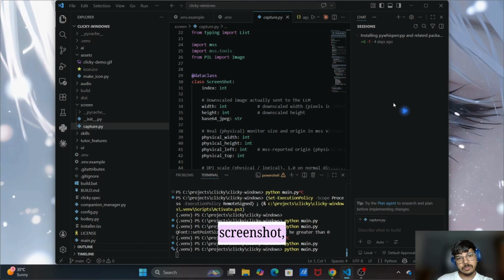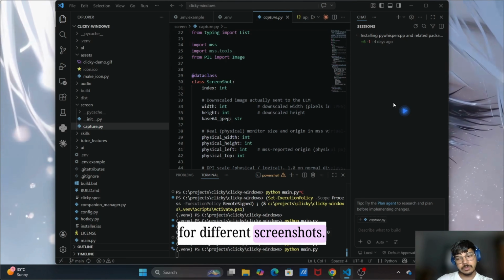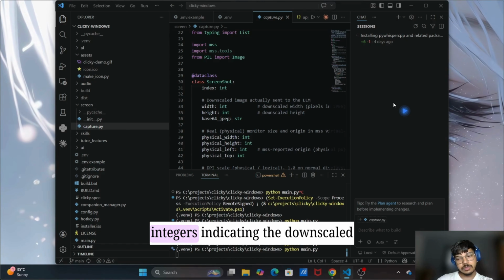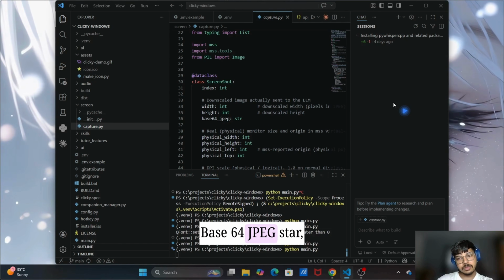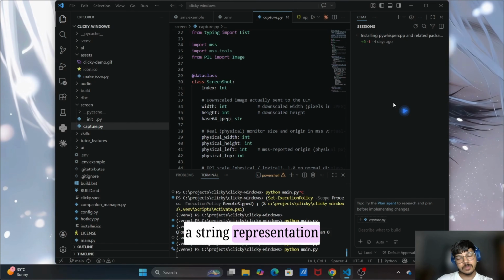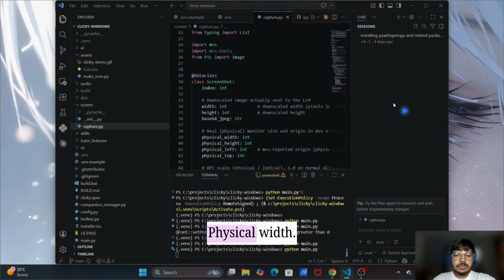Dataclass ScreenshotIndex: int, presumably an identifier for different screenshots. Width, height: integers indicating the downscaled dimensions of the image. base64_jpeg: str, a string representation of the image in Base64 encoded JPEG format. Physical width,